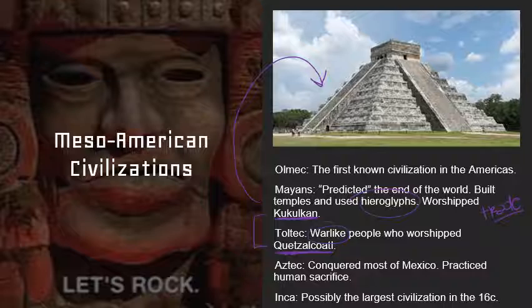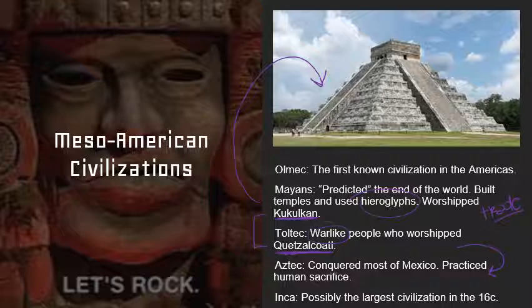Quetzalcoatl is also going to exist, though, in the Aztecs. So this same guy, we might change his name, kind of like the Greeks and the Romans. The Greeks and the Romans had very similar deities that basically just had different names. So we might rename them. It might be Kukulkan for one and Quetzalcoatl for another, but they're basically the same dude. And so Kukulkan is kind of going to be passed down to the Toltec and then later on to the Aztec.